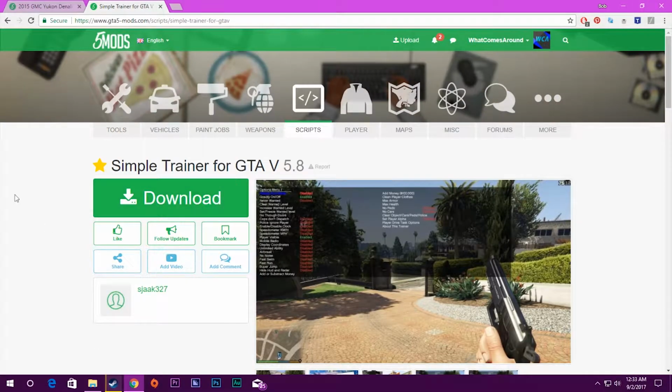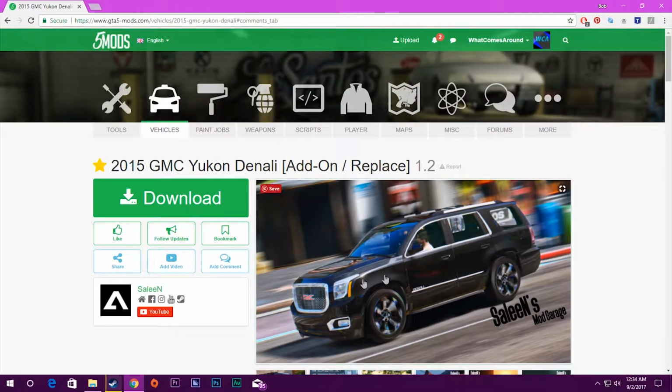Now once you have that installed, what you want to install is a trainer. I recommend Simple Trainer. It's what I'm going to be using in this video, so I recommend that you install this trainer. I have a video on how to install this, which you can check out in the cards of this video as well. So once you have those two things installed, you can go ahead and download the mod,